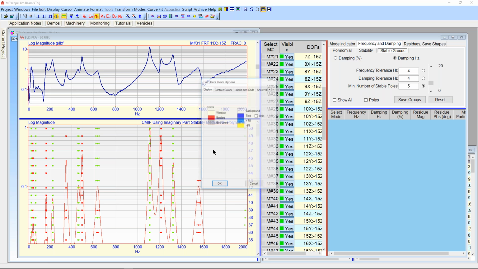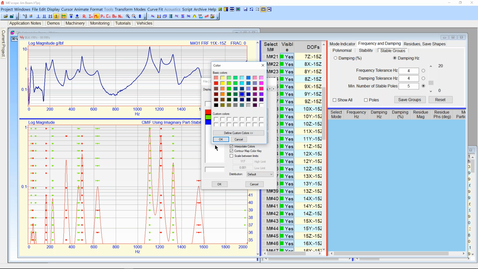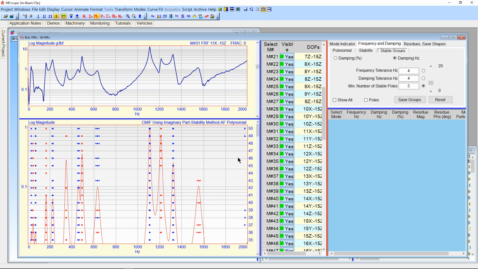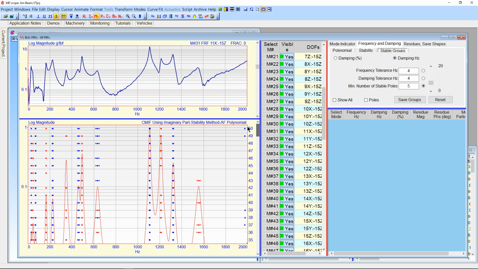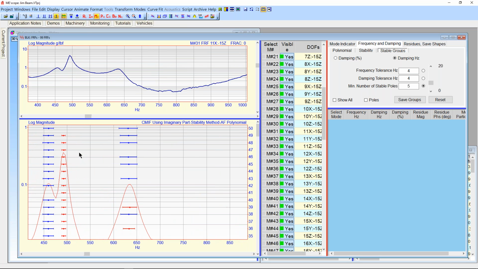These colors are being used here. These contour colors, the first 2 are being used. So let me just make this one a blue contour color, and now you can see that it changed. And what I got in my stability diagram now is an estimate of frequency and damping. And the frequency, if I zoom in here, let's just zoom real tight, and you can see